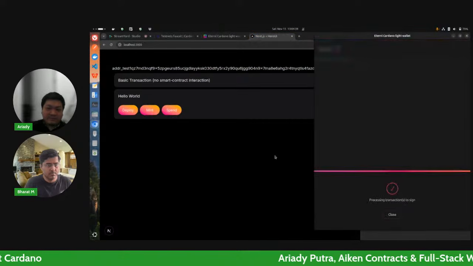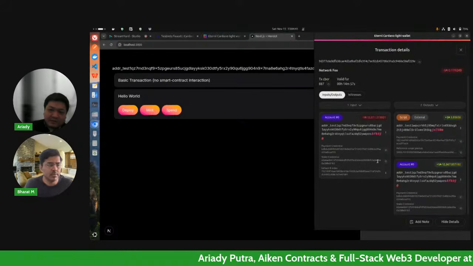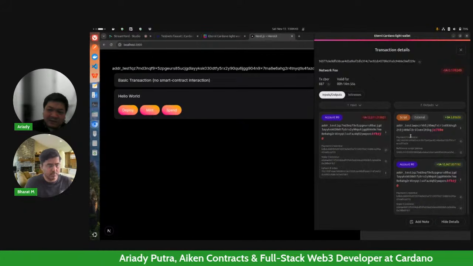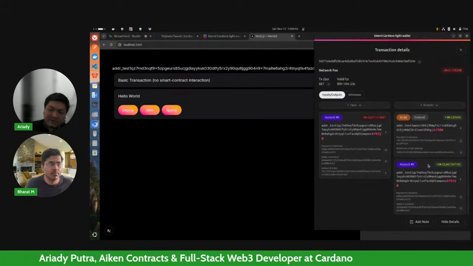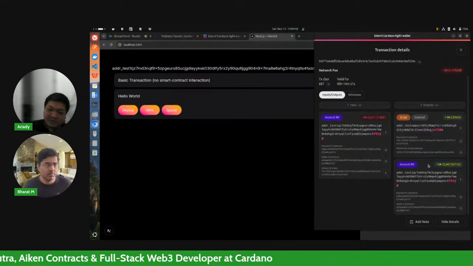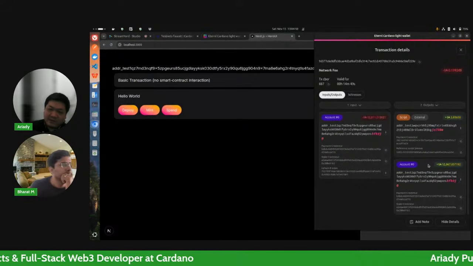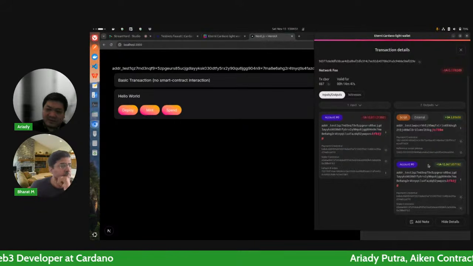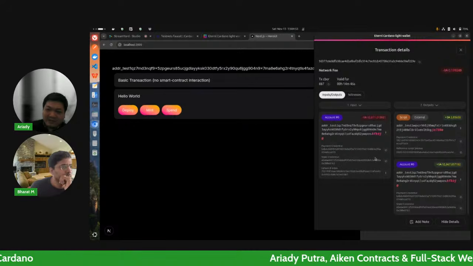And then since our previous transaction has already been submitted successfully, we can just click on deploy. And then here you can inspect in the output, there are two outputs. So this is what Bharat was telling you before about the 50 rupee buying a chocolate for 10 rupees. So this is kind of like that. So instead of buying a chocolate, we are putting some scripts here.